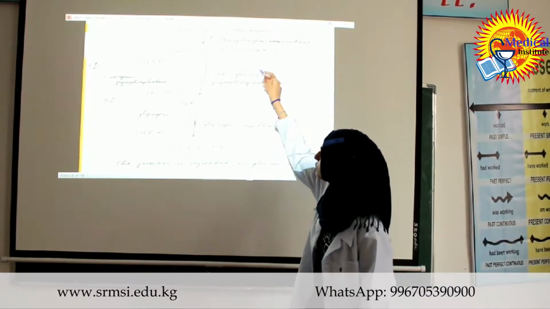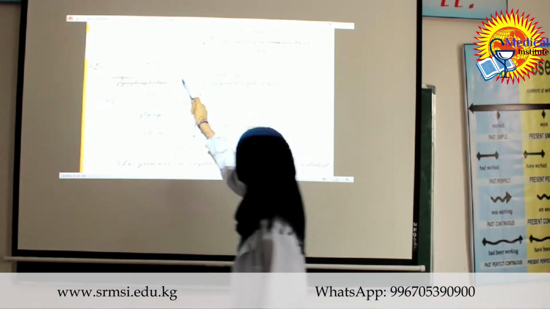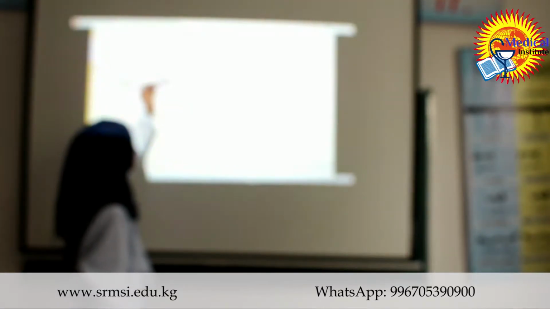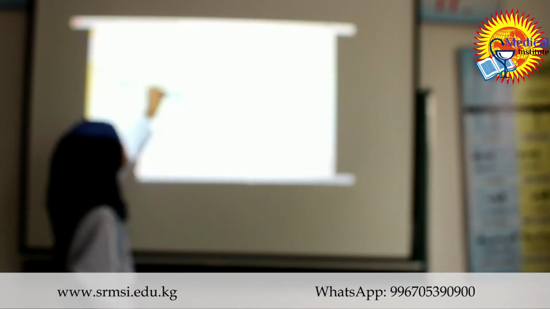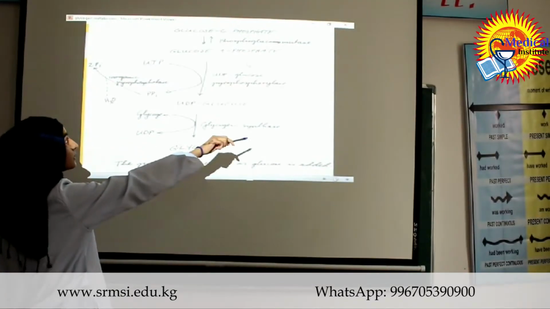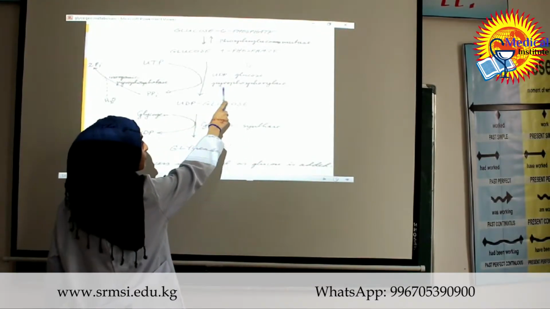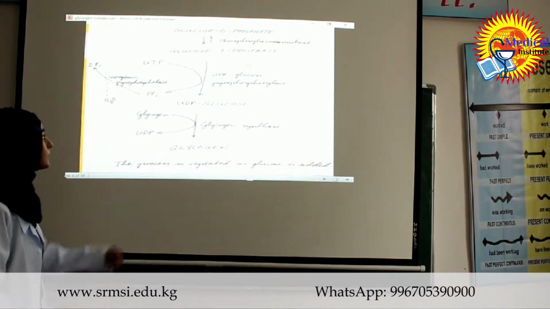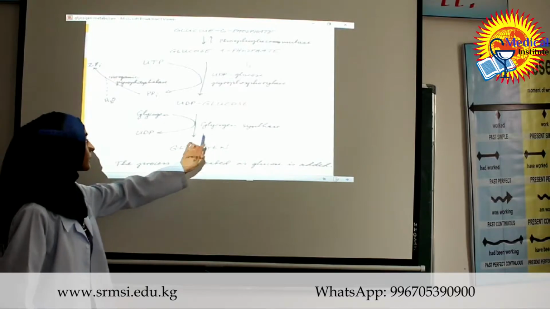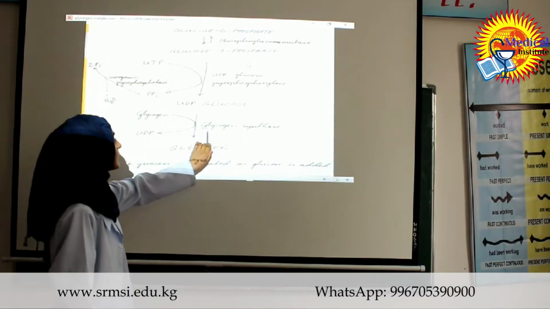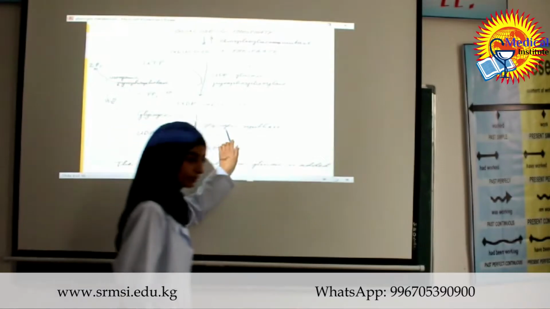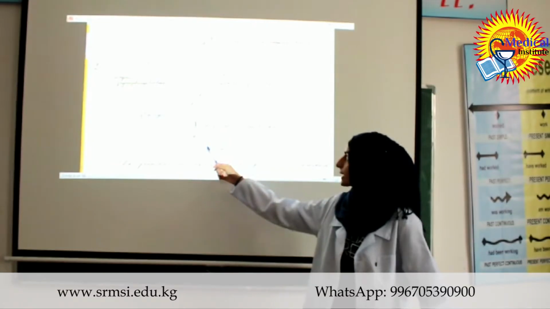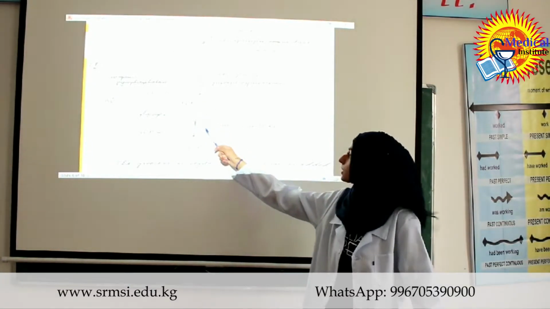Then this glucose 1-phosphate uses UDP as an energy source, taking the glycoside residues and adding them into the glycogen chain to form it in a linear form. This is the UDP glucose molecule. This UDP glucose molecule is then converted into glycogen by using glycogen synthase. This is the primary key enzyme that you must remember during glycogenesis to form glycogen.